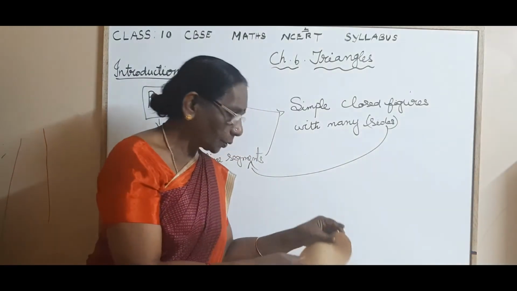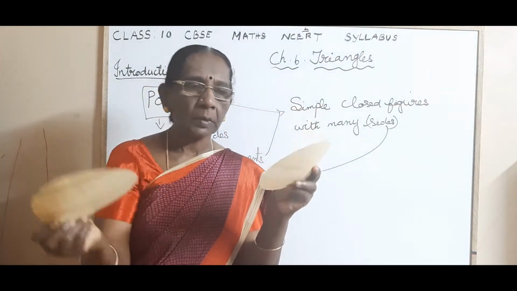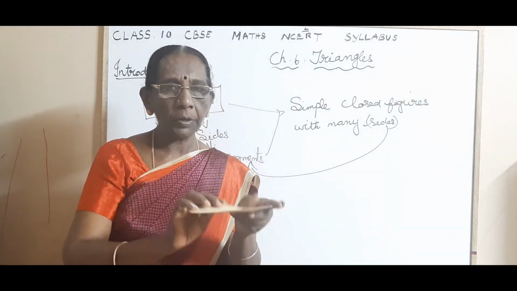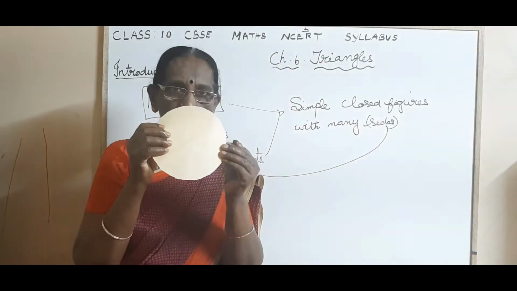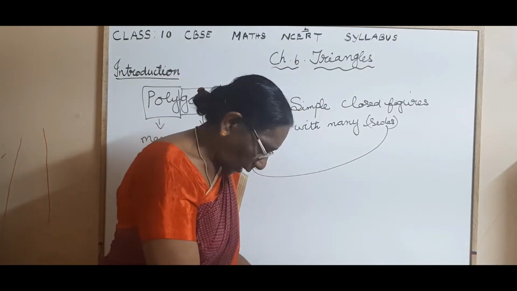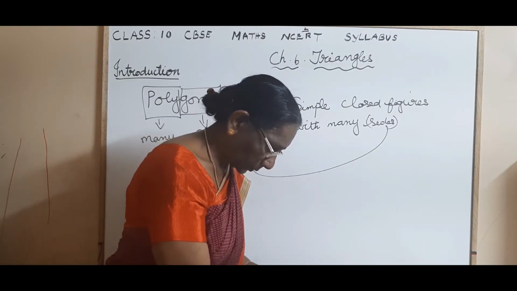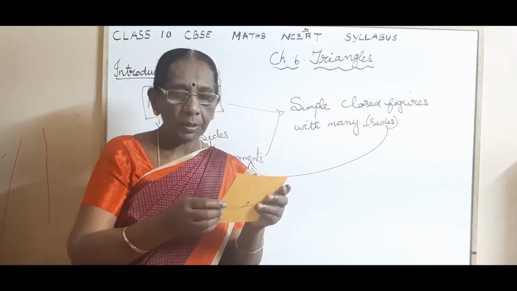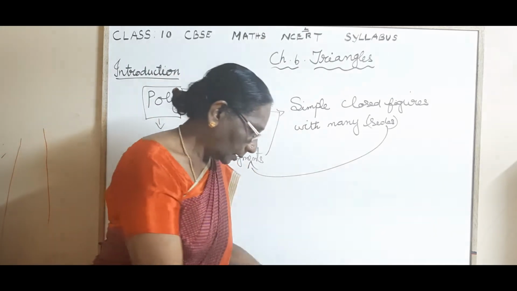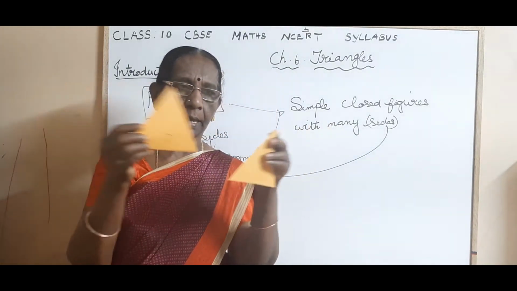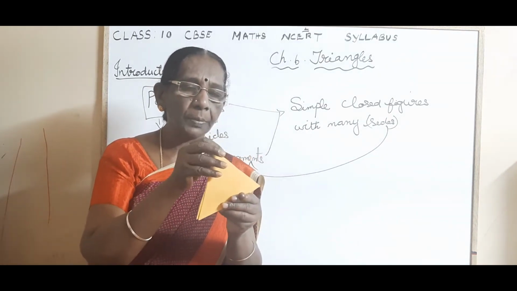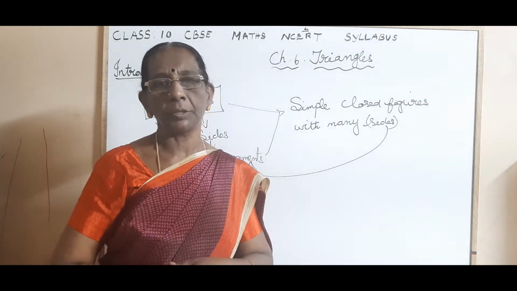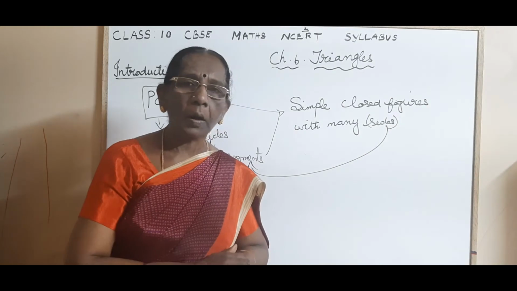When you take these two circles, I am going to superimpose one circle on the other. What do you observe? They are exactly coinciding. In the same way, when I take these two squares, I am going to keep one on the other. So they are exactly coinciding. Isn't it, children? The triangles. They are exactly coinciding. So this special property is called what? Congruent property. Congruency. These figures are called congruent figures.